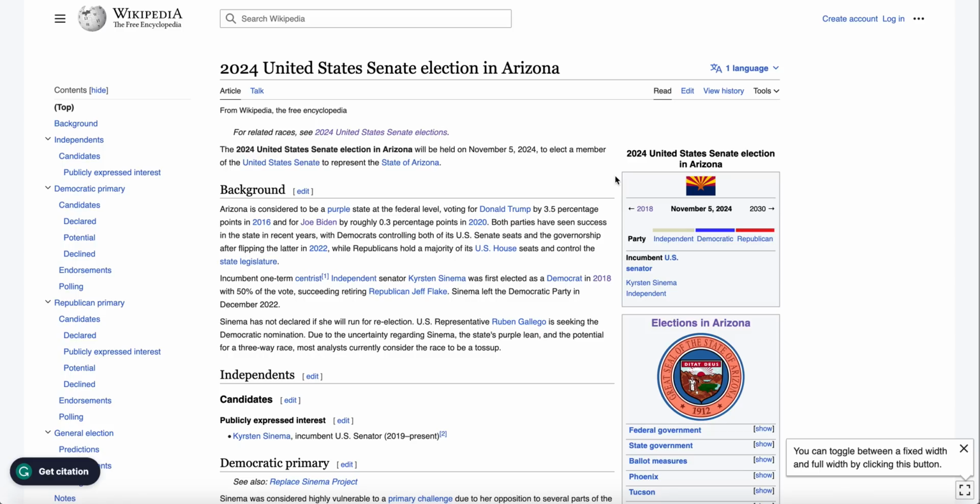But based on what we've seen so far, candidates would have already announced their bids, which means Kyrsten Sinema might not be running for re-election. There's still a lot of time. As an independent, she's going to end up on that ballot anyway, especially as the incumbent. So she's not really worried about the primary process. She could enter into the race technically months before the election, but she probably shouldn't. And she knows that if she wants to win re-election, it wouldn't make sense.